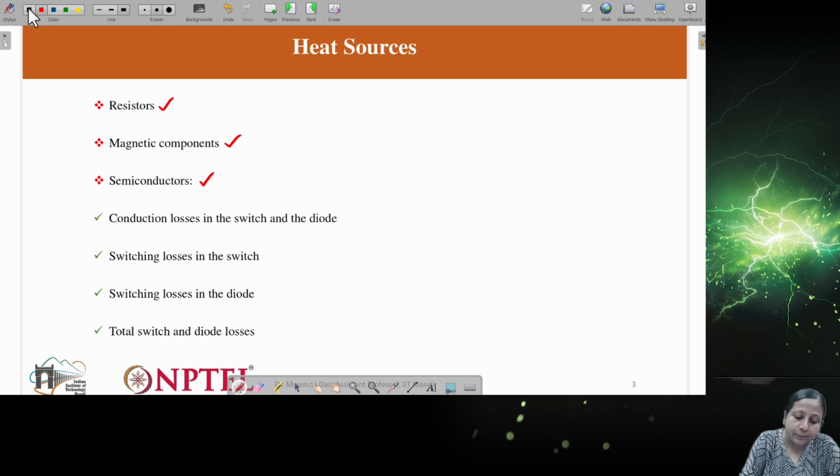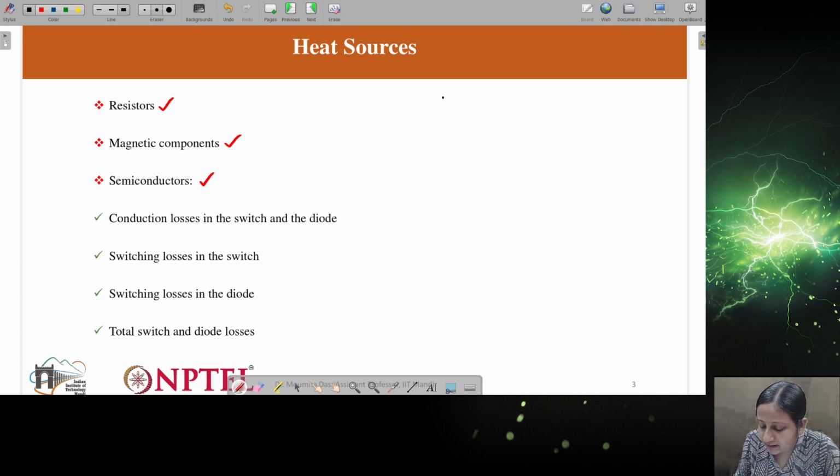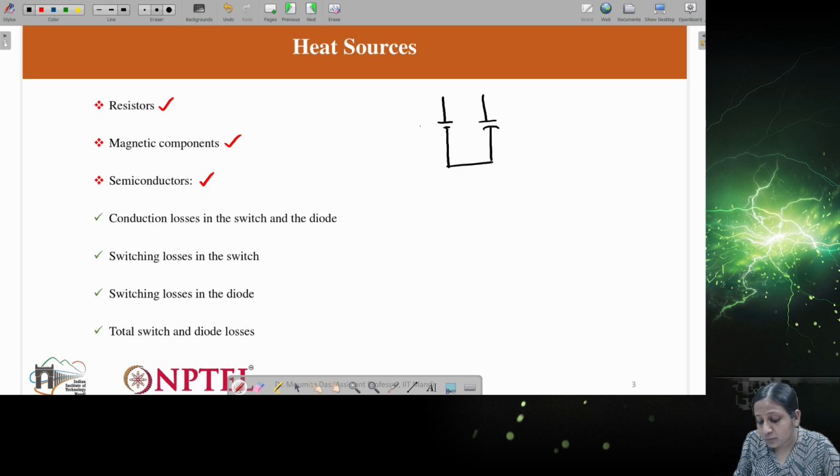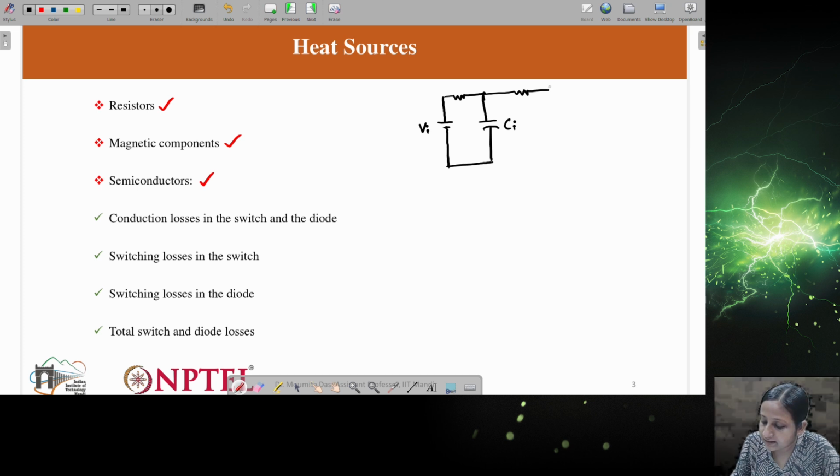Basically, let's say you are connecting a DC to DC converter. After the input, generally there is an input capacitor present. In between the input voltage and the capacitor there will also be some resistance. Wherever there is some connection or layout, that will give some parasitic inductance and also some parasitic resistance. These resistances we cannot remove from the converter, so they will be present as parasitic resistance.